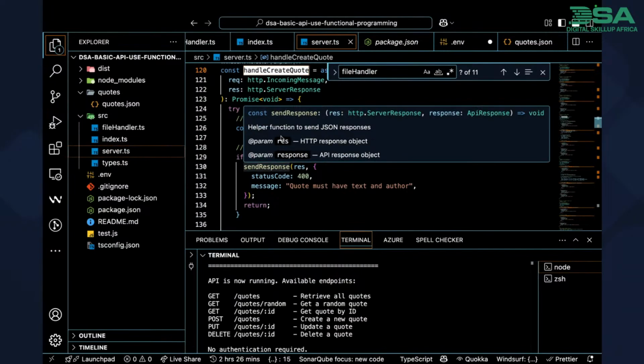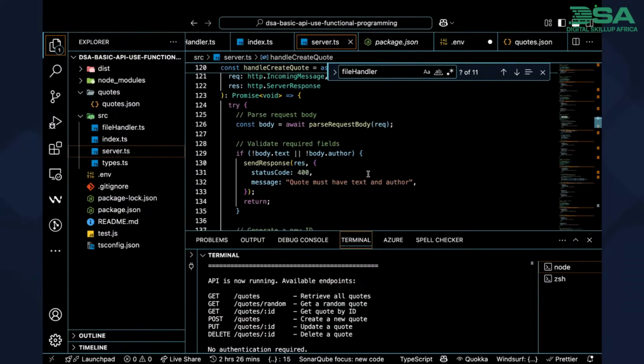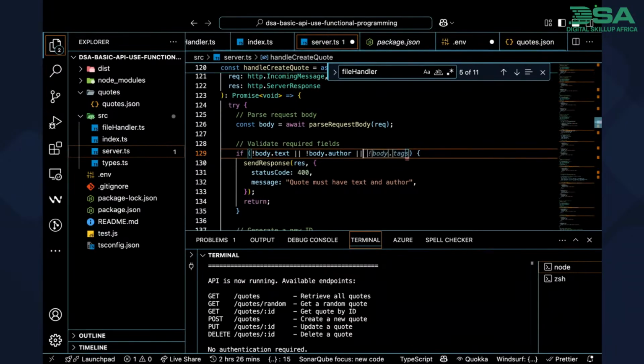Now here, we're saying that if you are passing a quote into this handler, you must have text and author. We're not making it compulsory for you to have tags. That's simply what it means. If you want it to have tags, all you have to do is just what? Do